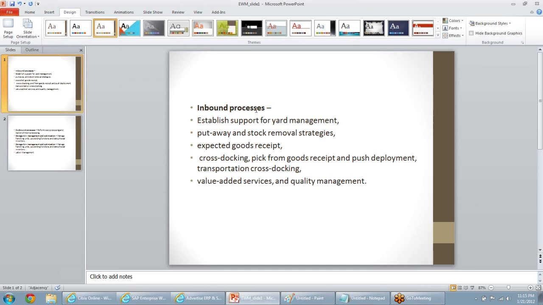What SAP actually wants to do is always compete with the best of breed products, and they want to have this EWM as a decentralized solution. What is meant by decentralized solution? Can some of you explain? Why did SAP come up with EWM, why did they not extend the WM part?